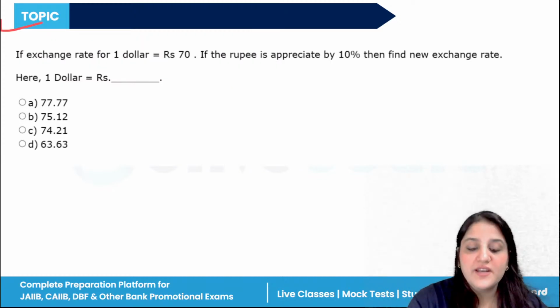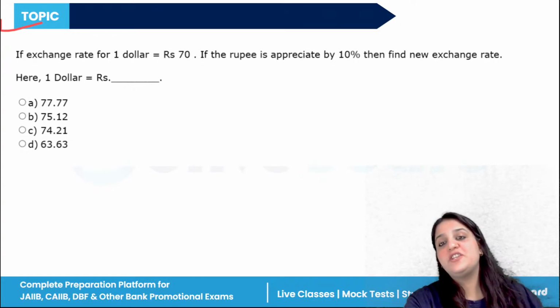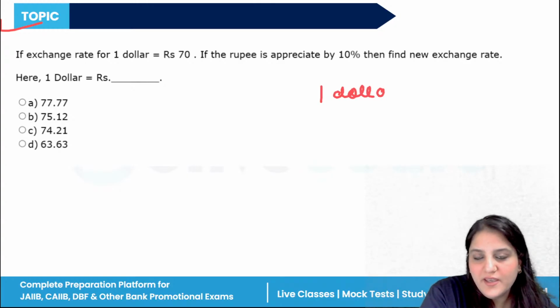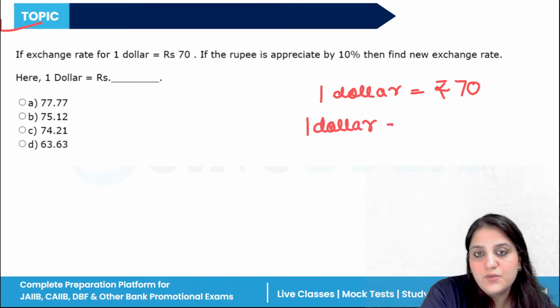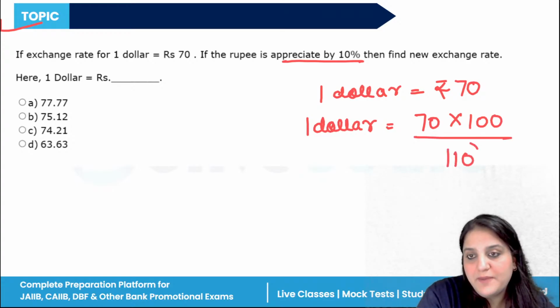Okay, if the exchange rate for $1 is rupees 70, and the rupee appreciates by 10%, then we have to find the new exchange rate. Simple, $1 is equal to rupees 70. So $1 is equal to 70 multiplied by 100, and it appreciates by 10%. So we have to multiply it by